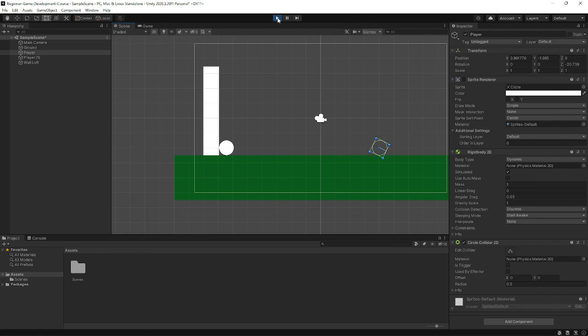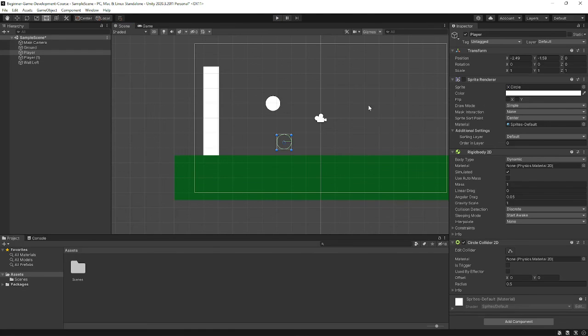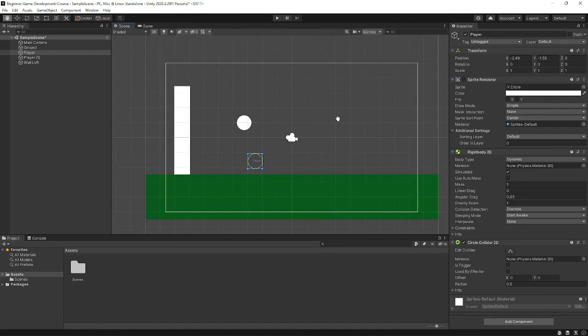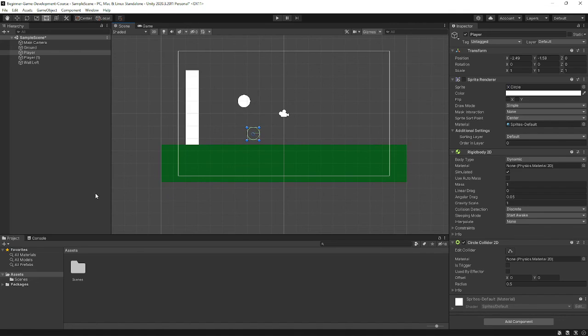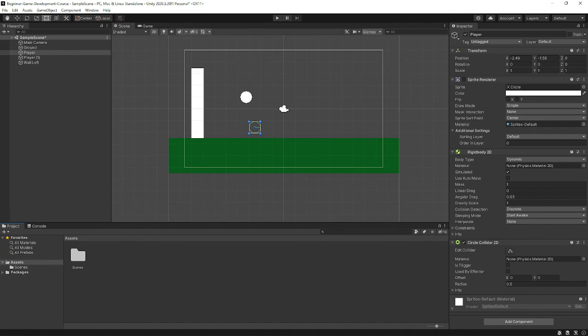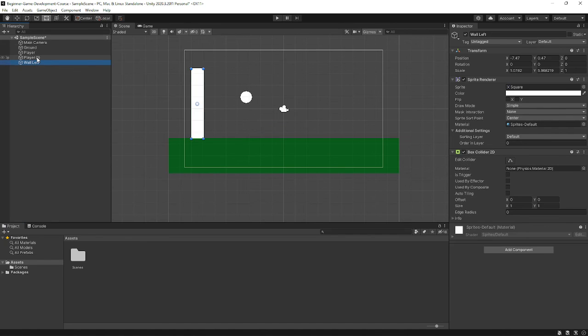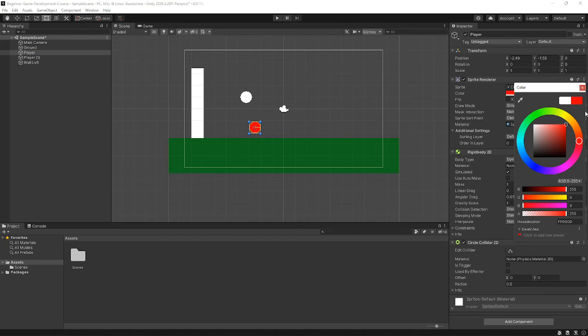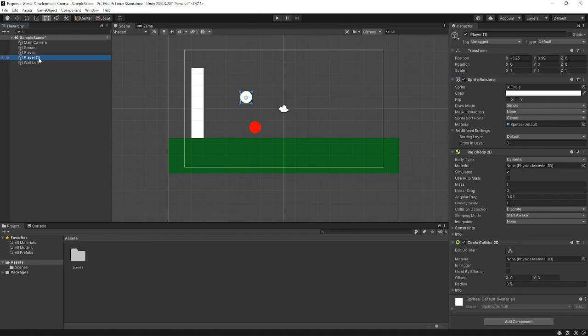Okay. So that's pretty much it for the basics of Unity. Here are basic physics, basic editor things, and a lot of different stuff. So you can change the color of all of these. I'm going to turn back on the sprite renderer. I'm going to change the color of this player. I'm going to remove the player and the wall so we can set up for the next video. I'm going to set the player to red so it's easy to look at, move it to the left side,